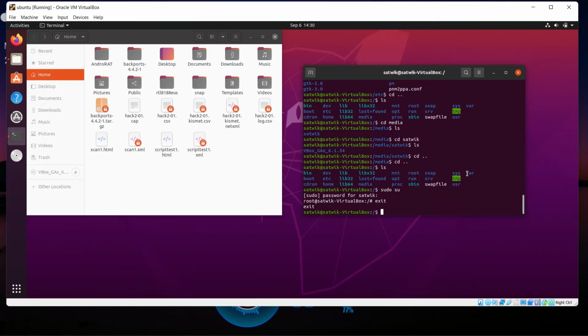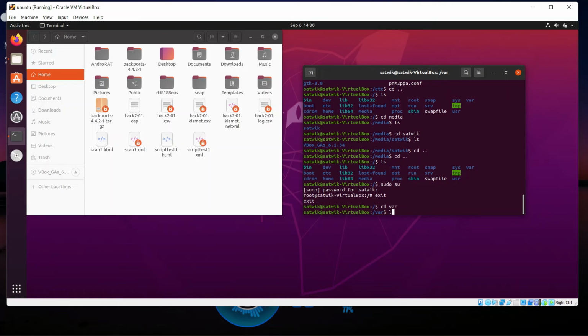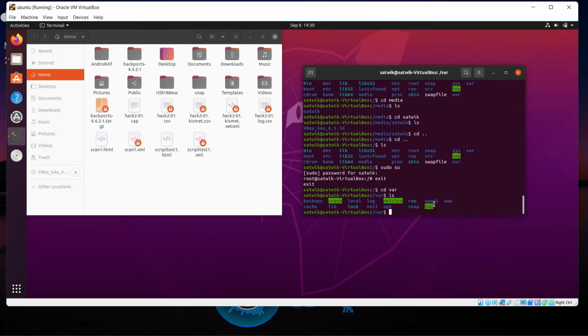and here you can see a var directory. It represents the log files and then email inboxes, etc. You can simply go into every directory and you can check. Type ls. You can see all the files, directories, backups, and local, and then etc. These are all the system files. Let me go back,